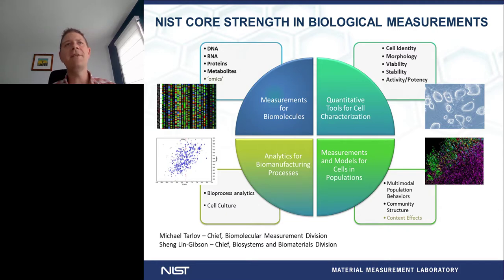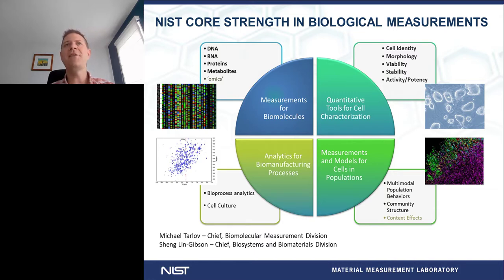My particular expertise is in the biological measurement space, but again, NIST has programs in every type of measurement science that you can imagine. This goes from advanced mathematics and statistics to computer science to cybersecurity, and there's even a fire research program at NIST. So we have a very broad range of expertise for all scientific and engineering backgrounds.